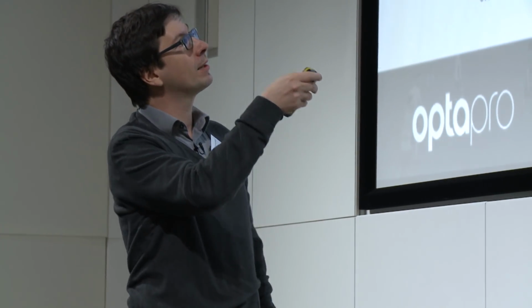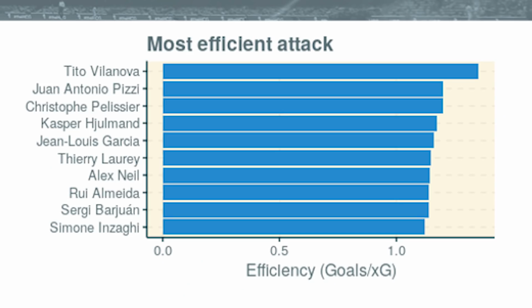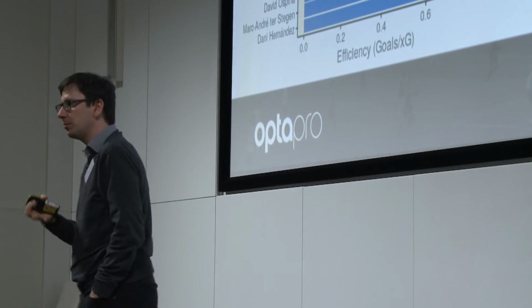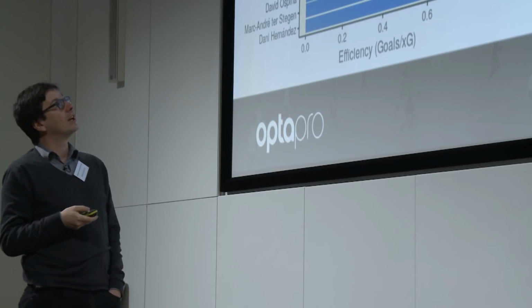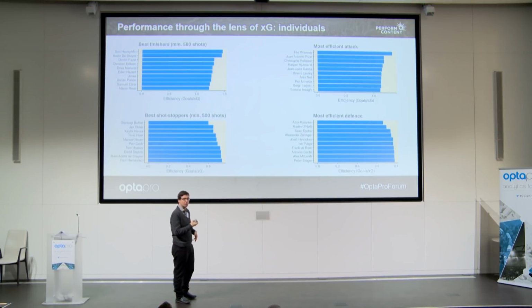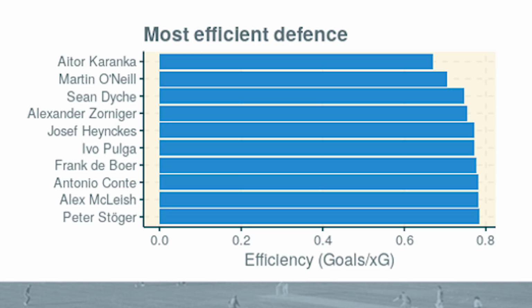So if you look at the attacking managers, you have Tito Villanova above anyone else. And he was obviously a great coach. But is this overperformance of his to be credited in full to him, or maybe to the players he had to work with? And the rest of the list, frankly, to me looks random. There are no names here that you would call efficient managers. On the defensive side, on the other hand, this is actually pretty decent. So a few things here to check out. So this is how we can look at individuals through the XG lens.